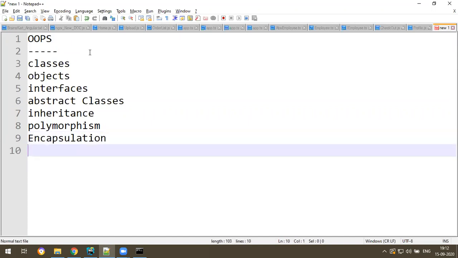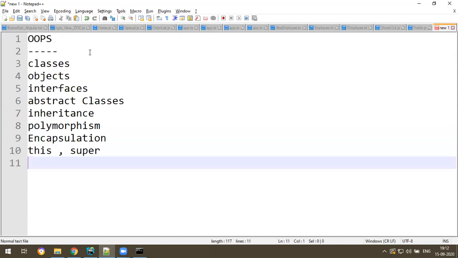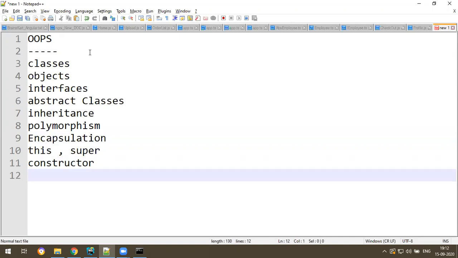And there are some other special keywords, the this keyword and the super keyword, and there is something called a constructor. We also have some access modifiers: private, protected, and public. Okay, these are some access modifiers.